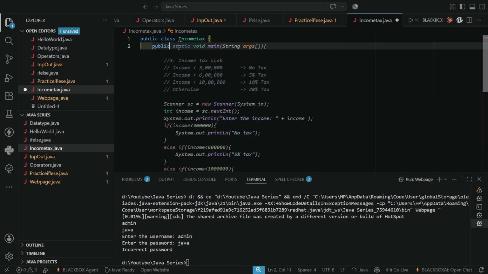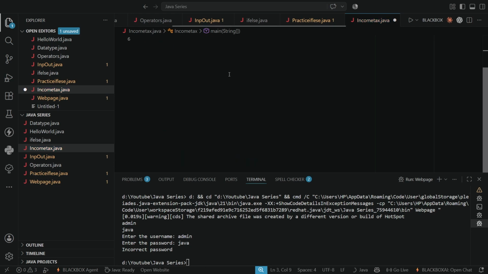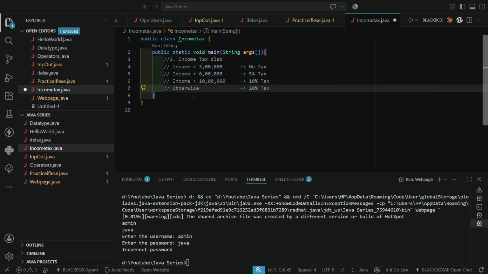Now let us create a main function. So this is our goal, using ladder if or if else if. This looks very simple, right?